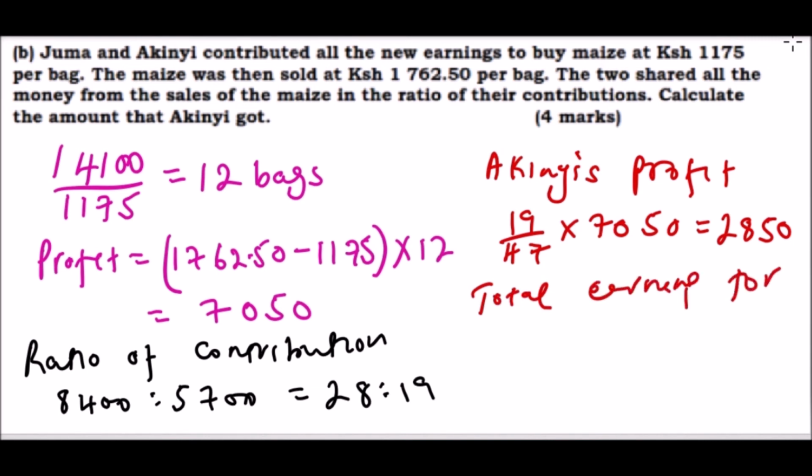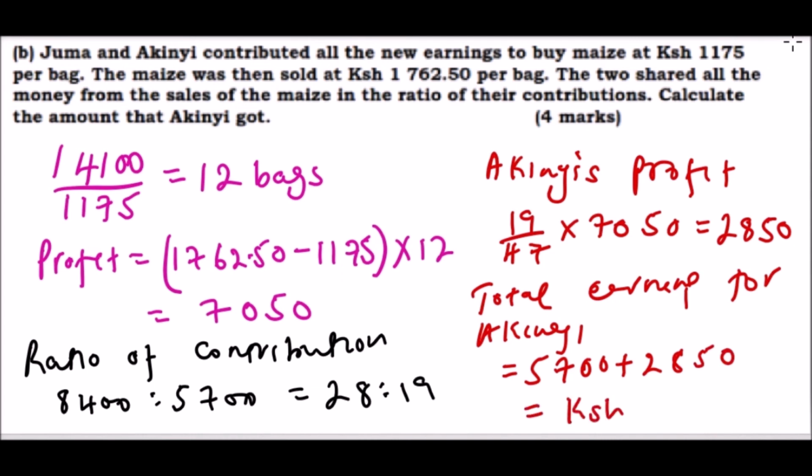So total earning for Akinyi would be her salary, that is equals to, her salary was 5,700, and then you add the profit that she got from maize selling, which is 2,850, and when you add that, you get Kenyan shillings 8,550. So that is the total amount that Akinyi got after they did that business, and that is how you